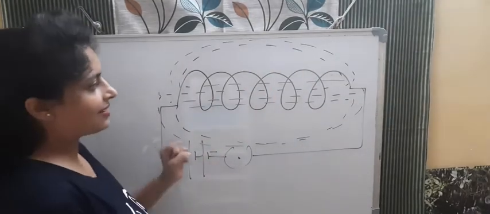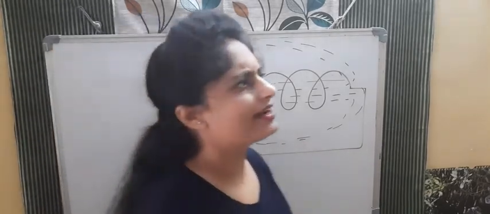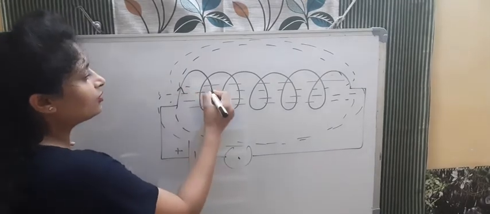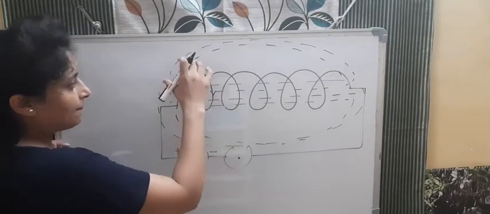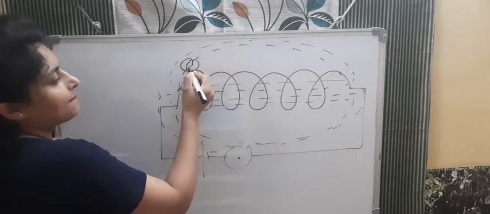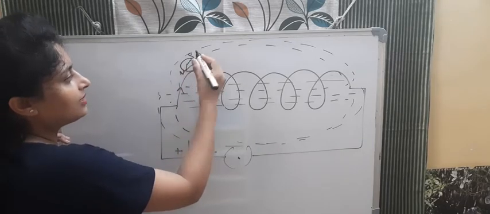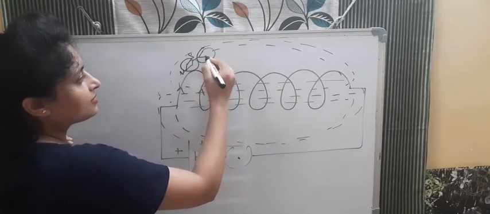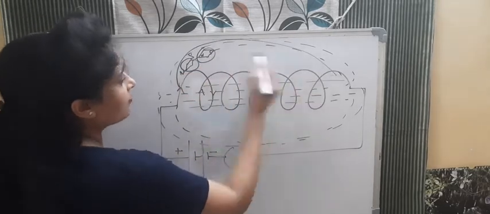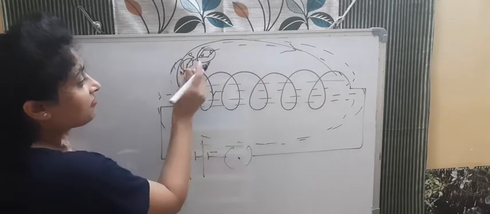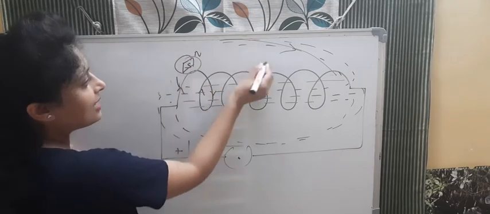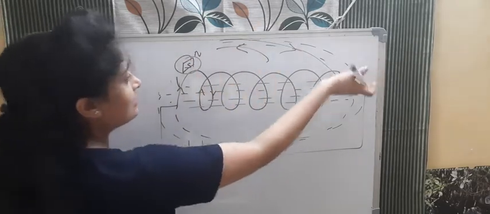Now see how we will find out without iron filings. You can also find out with a compass. When you close this key, current will start flowing. You will put a compass near this. If you put the compass, one pole of the compass will come. For example, north is coming here, so south will be here. Then the next compass, north will be here, south will be here. So north to south, you can find out the direction of the magnetic field, that it is going from north to south. The direction will be this side. North will be that side, south will be this side.